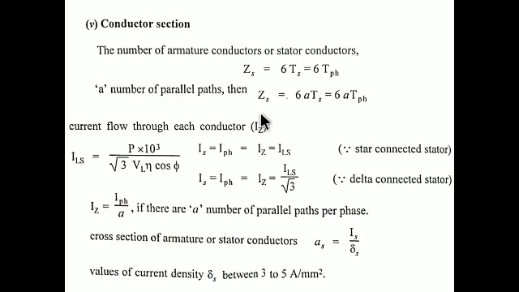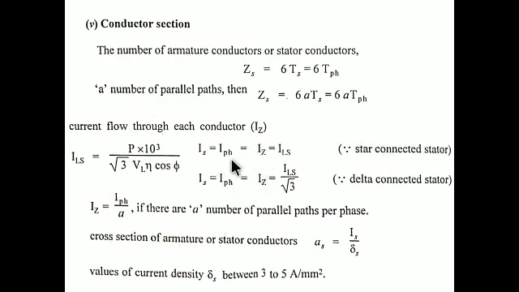Then the next one: we know the conductors, but we need to know the current in a conductor. It's nothing but the current flowing through the conductors. To calculate the current, we have a general formula. It is nothing but the line current. The formula becomes power divided by root 3 into VL into efficiency into power factor. It's a general formula. By using this, we can find IL, but we will not directly take this as Iz. After finding this, we have to relate it with which type of connection is there, either star connected or delta connected. Based on this, we use the phase current as the Iz value here.